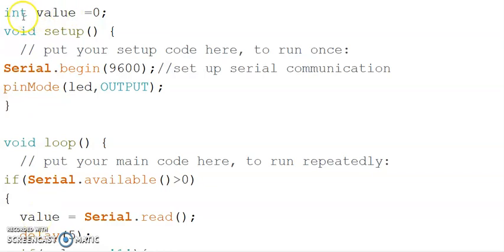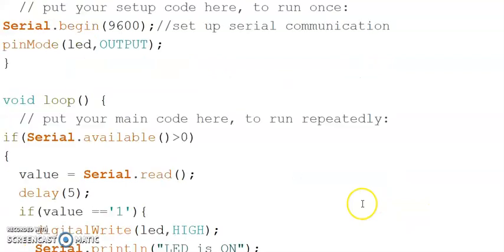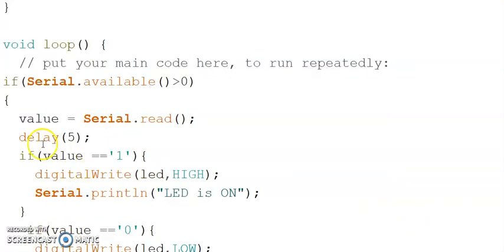That's an integer, so at the start of the program, globally, I have to declare int value equal to 0. Then I have put a delay of 5 milliseconds to wait, because otherwise if the synchronization is not proper, we can lose the data.